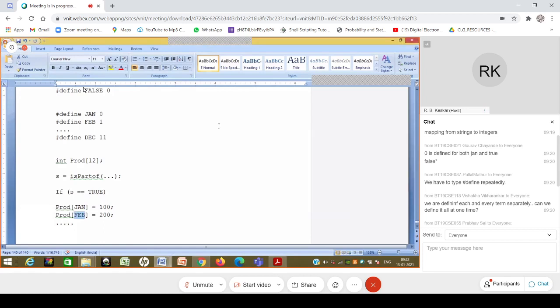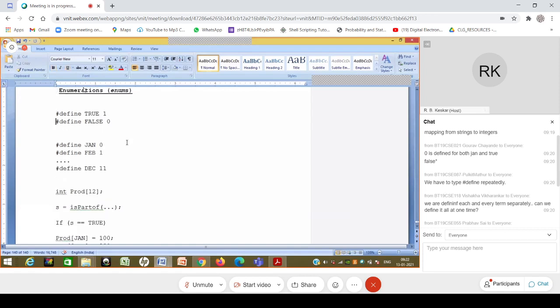Right path. So what we are saying here is that, for example, in my program I have this true and false, and I also have January to December. Doesn't mean that all of them need to be combined together. Rather, it is not possible, because false is getting value 0 over here and true is getting value 1, whereas January is getting value 0, February is getting value 1. So you can't combine all of them together. The next best thing I can do is perhaps combine true and false together, because they seem to be of similar nature.